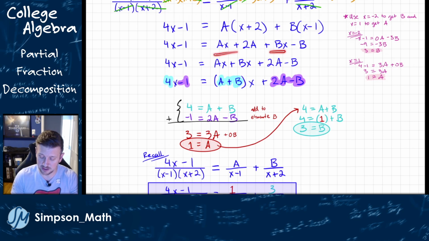Combine like terms, put your linear terms together, constant terms at the end. Then factor out the a as a nice visual step, that a plus b is my coefficient. So 4 times a plus b, and then -1 times 2a minus b. And then